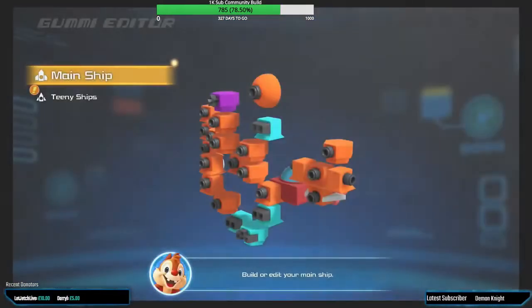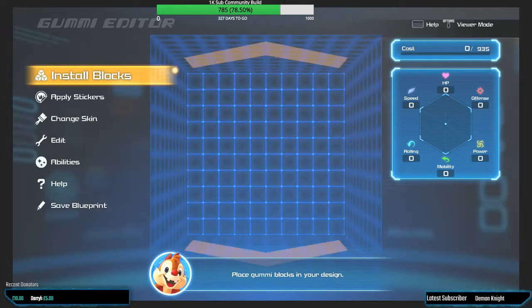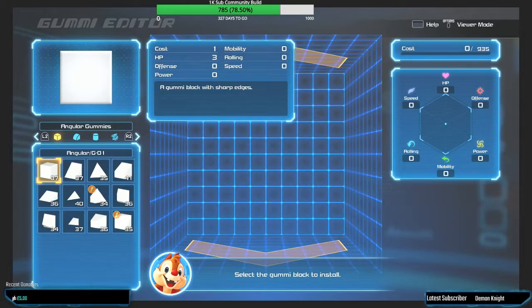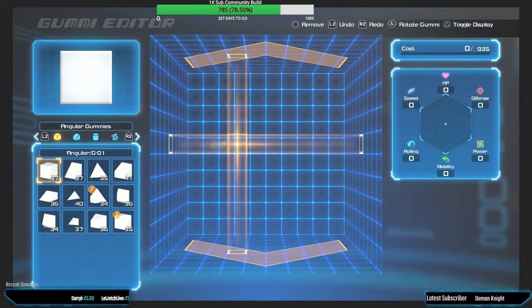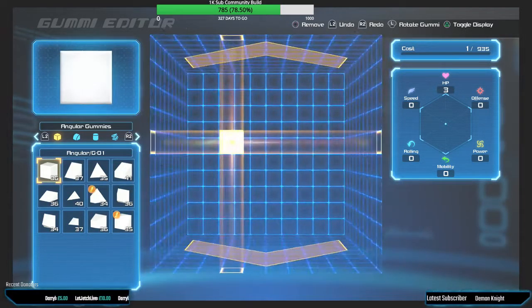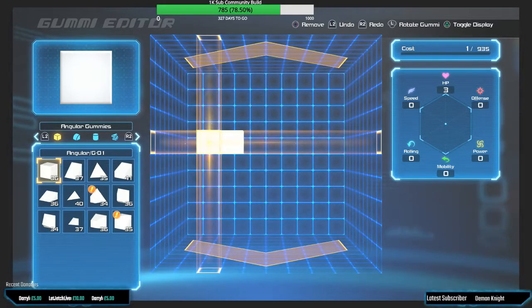So when you go about building a Gummi ship, the best way to do it is, the basic gummies can literally be found anywhere in the space. So while you're flying around, there's blocks that you can shoot, which I'll explain as we go on where they are. But the way this works is, depending on the block that you pick, so say you pick squares, if you're trying to place them all around the outside, what I find is the easiest way is you basically,